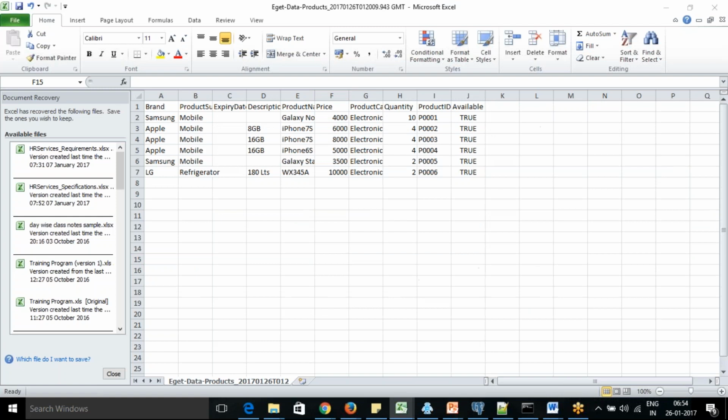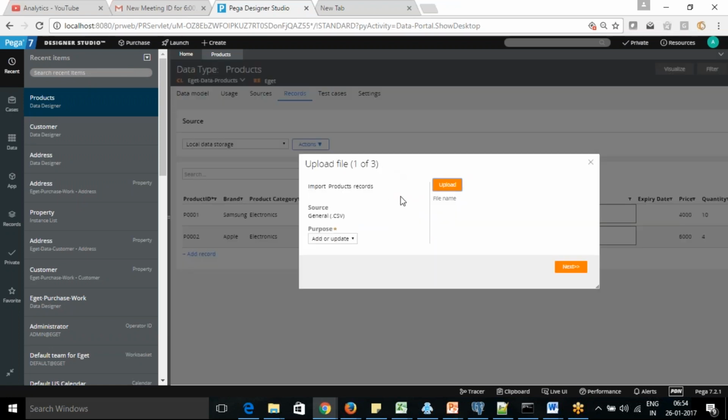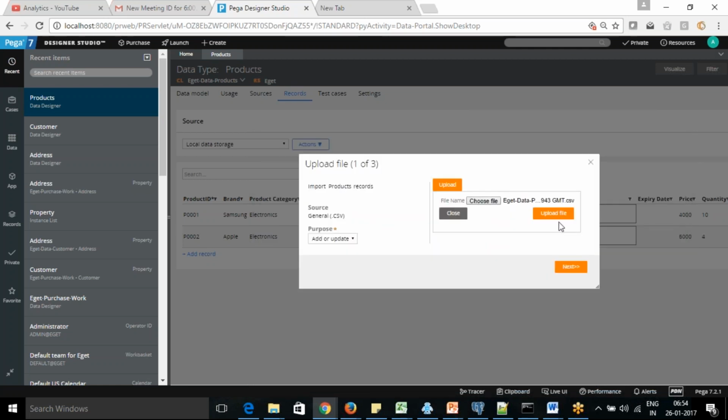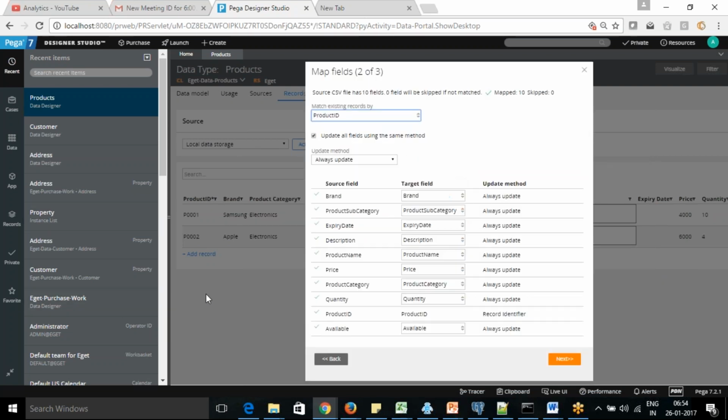All the records are good, right? Yeah. So say I'm importing it now. So here if you like, say upload, you can choose the file name. Okay. Click on upload file. So the file is uploaded, and click next. It will upload the file and display it here. Again, it will validate the information as well.